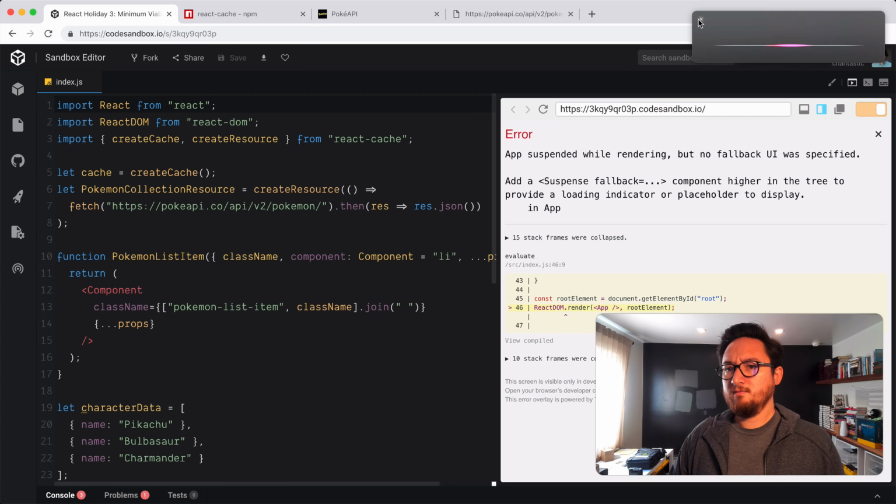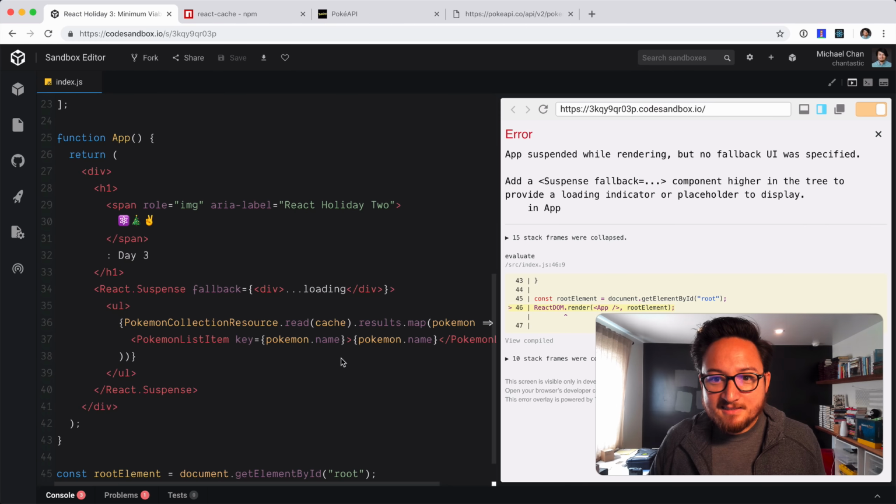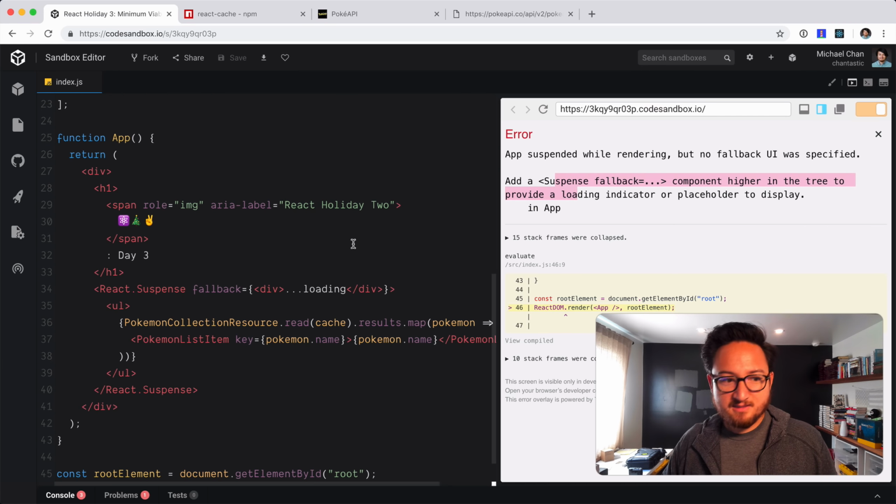No, go away, Siri. Okay, so the odd thing is that we still get the same message, which is kind of confusing because I think, okay, well, I read this and I did exactly that. I put it higher up in the tree. Unfortunately,